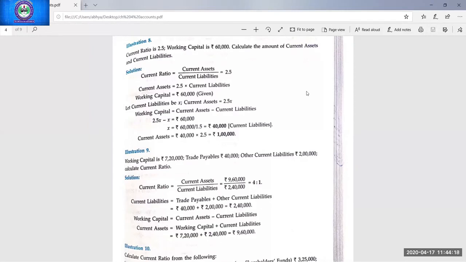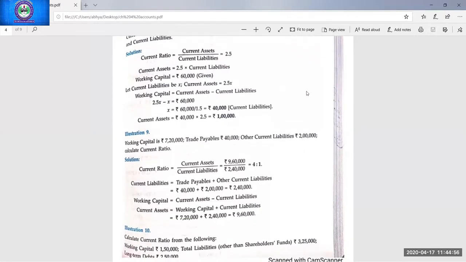Now by using the formula of working capital, find out current assets. Current assets will be equal to, by interchanging the sides, 720 plus 240. Thira, you have subtracted, I think. To find the current liability, subtraction will be there. To find the current asset, addition will be there. You have wrongly interchanged the sides, so correct it. So working capital plus current liabilities is equal to 9,60,000. This is the value of current assets. So now put the values in the formula: 960 upon 240, which is equal to 4:1.